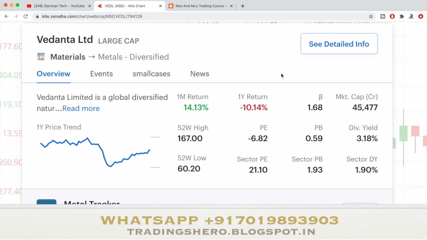So what's the advantage of this? The advantage of stocks having a beta above 1 is you will get good movement for intraday trading, and not only good movement, the order execution will be smoother. I've observed this many times. When you place orders, let's say a bracket order or an SL order or any kind of order, if you pick a stock with a beta value above 1, the order execution will be done well. It will not stay pending; it will be executed smoothly.